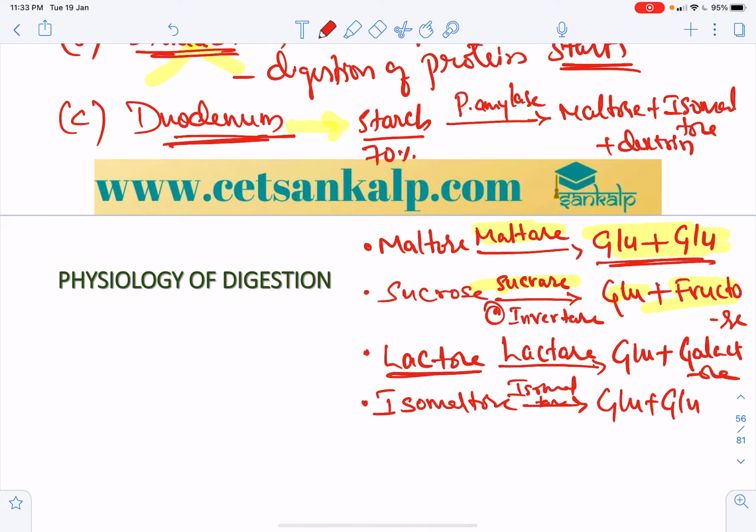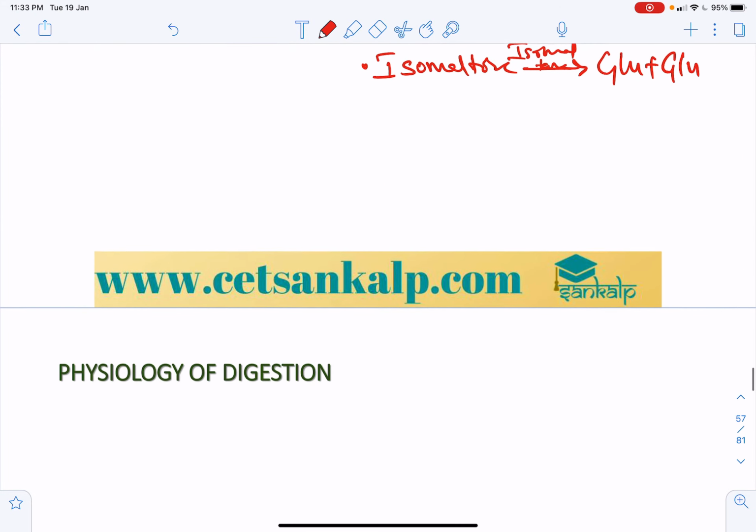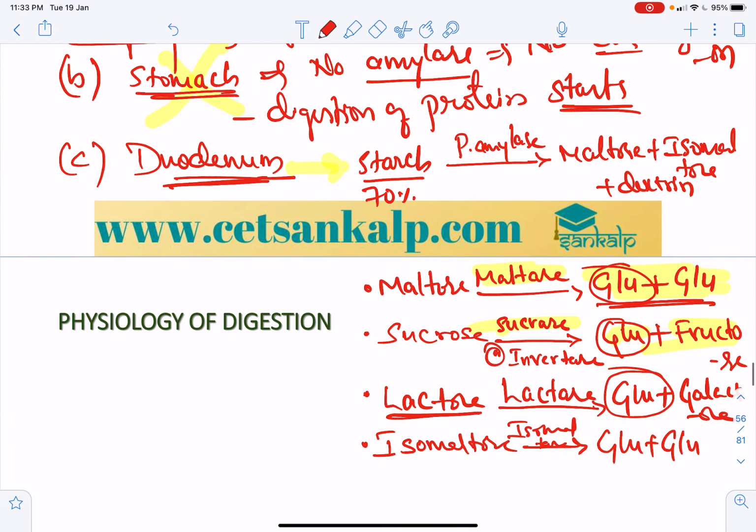Isomaltase is the enzyme which converts, right? And next, the most common monosaccharide, that will be glucose. The most common and simplest monosaccharide is glucose. So next we can take the digestion of protein. Before that, carbohydrate digestion is a very important thing, where it completes almost entirely, and after that